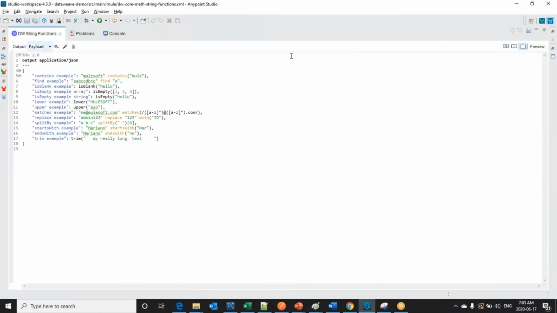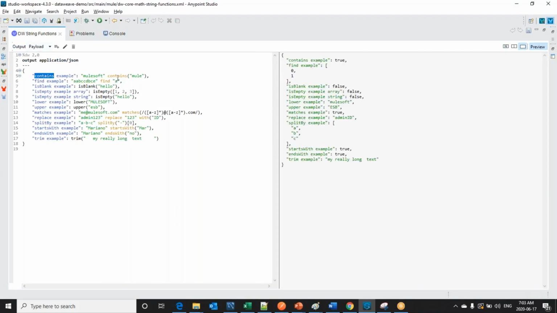So let's see the core string functions that are available. At first, contains. What contains does is check whether the provided string is available in the string. Basically we write these contains statements sometimes in if-else based control statements that we discussed in the earlier session. If you would like to check a part of a string, then we can go for contains.